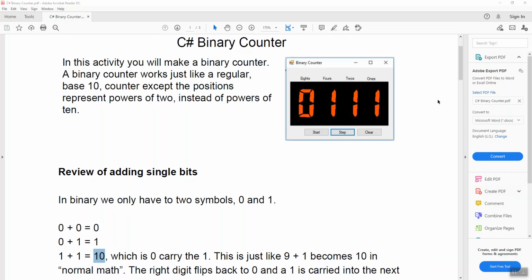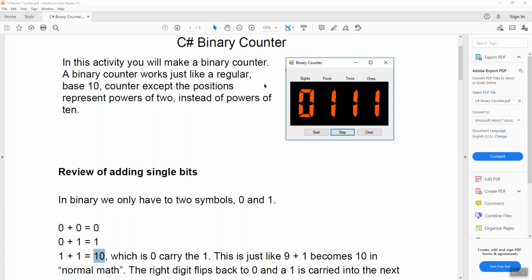And every time our clock ticks or our counter ticks, or anytime we want to go to the next number, what we're going to do is add 1 to the rightmost digit. And if that produces a carry, well, then we'll add 1 to the next digit. And if that produces a carry, we'll add 1 to the next digit, and so on and so on. And if eventually we lose the carry, if we get an overflow, we're just going to ignore that. That's going to be like an odometer rolling over because we ran out of digits